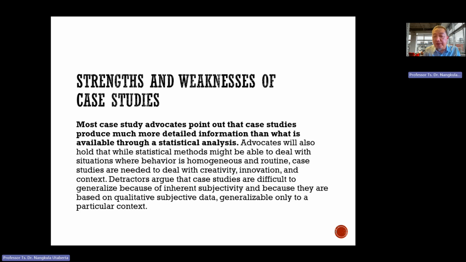Okay. Lastly, we're going to talk about strengths and weaknesses, and also the ethical considerations when you're conducting case studies. One of the strengths of case studies is the detail. Because